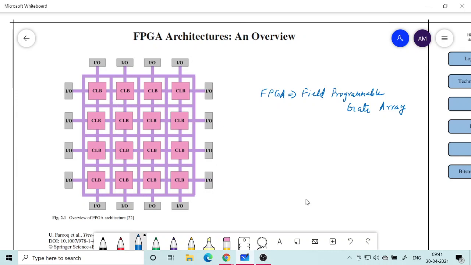So just like we have seen in the last class about complex PLDs, the complex PLD has the basic building block, the programmable part, called a macro cell, and many of the macro cells, which are basically simple PLDs, are combined together to create what is called a logic array block. Okay, LAB we have seen.